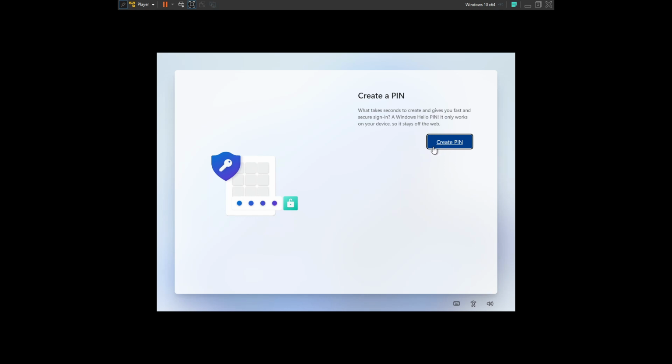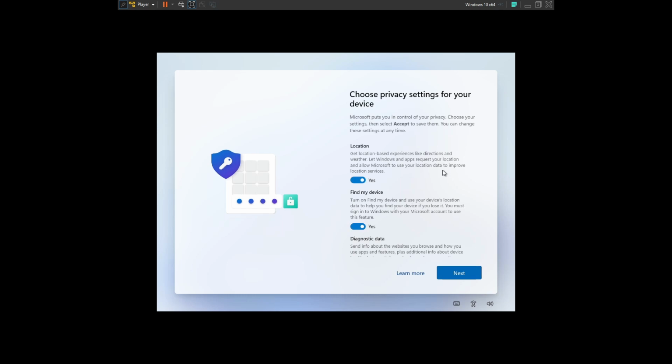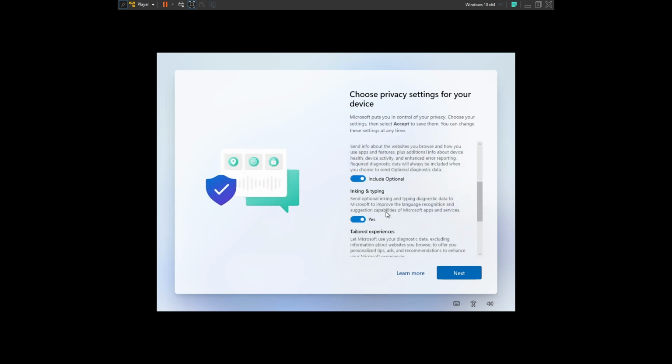Now it is asking me to create a PIN for logging in into the account. So I will just set up the PIN. Okay, after that I will click on OK. It will take a few seconds to take us to the next thing that we need to set up.